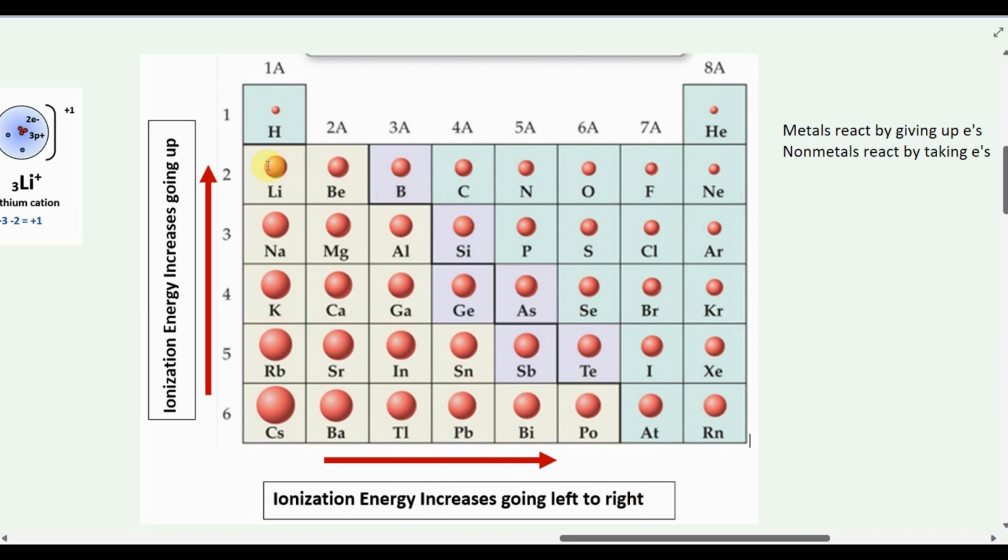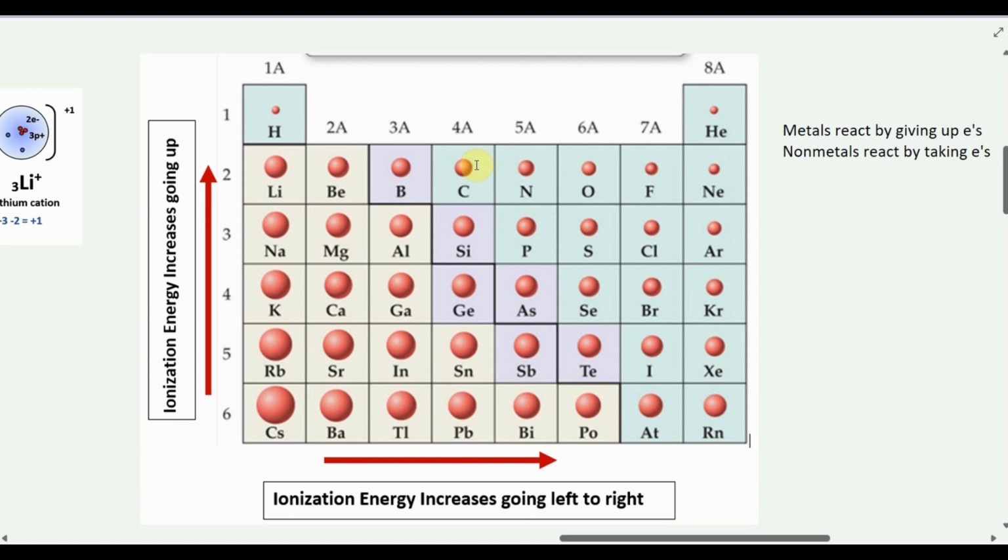It's the same argument we used before for size. As we go across any horizontal row, more and more protons are present in the nucleus, providing stronger and stronger attractive force on the outer electrons. And so it would be harder and harder to pull one of those electrons away, especially considering that as we go left to right, the elements are actually getting smaller, and those outer electrons are even getting closer to the nucleus, making it very difficult to remove them. So here again, our simple model, the Bohr model, allows us to predict with good success some trends within the